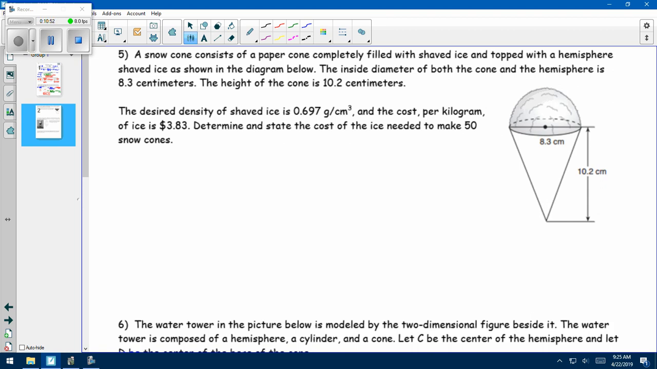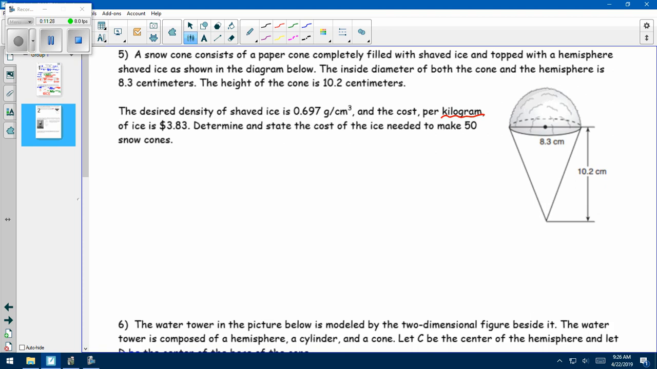It says a snow cone consists of a paper cone completely filled with shaved ice. Sounds delicious to me. Topped with a hemisphere of shaved ice as shown in the diagram below. The inside diameter of both the cone and the hemisphere is 8.3 centimeters. The height of the cone is 10.2 centimeters. Then, the desired density of shaved ice is 0.697 grams per cubic centimeter, and the cost per kilogram is